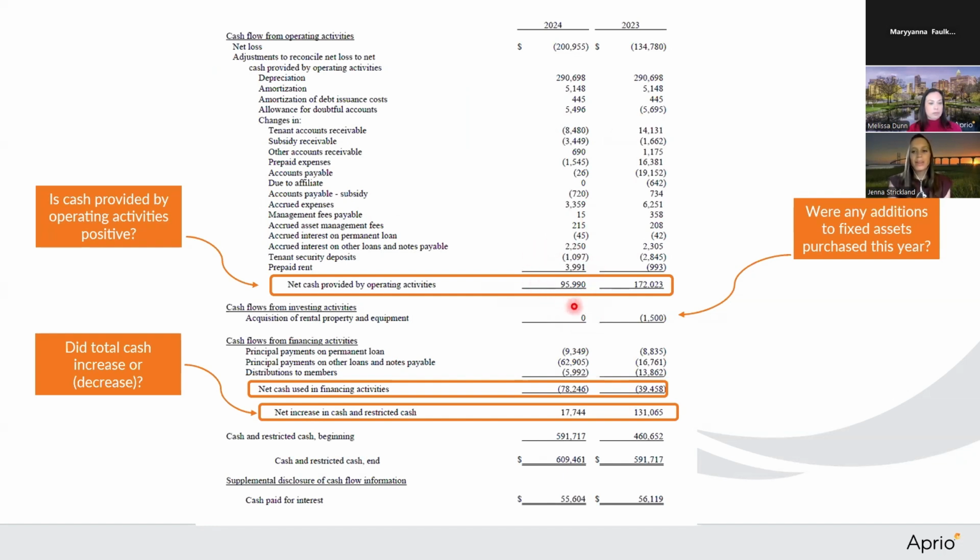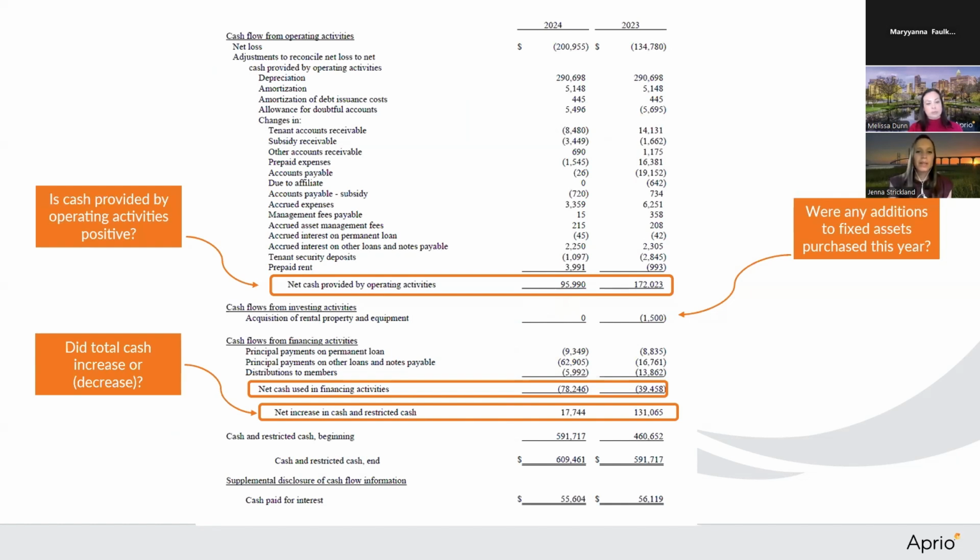This is the main thing. If you were going to open an audit and close it 5 seconds later, I would come here and see if you have that positive cash. So that's something you really want to focus on. This example, we do have positive cash, so we're doing great. The property is able to fund itself. Its day-to-day operations are funded by the money it's bringing in. So that's a great thing.